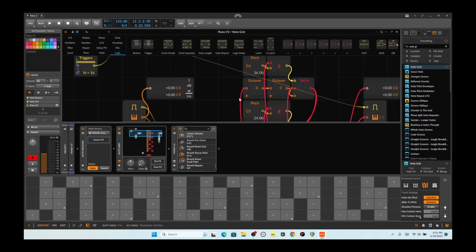So this is just going down basically whatever key you're playing, D or B or whatever. It just goes down to the bass